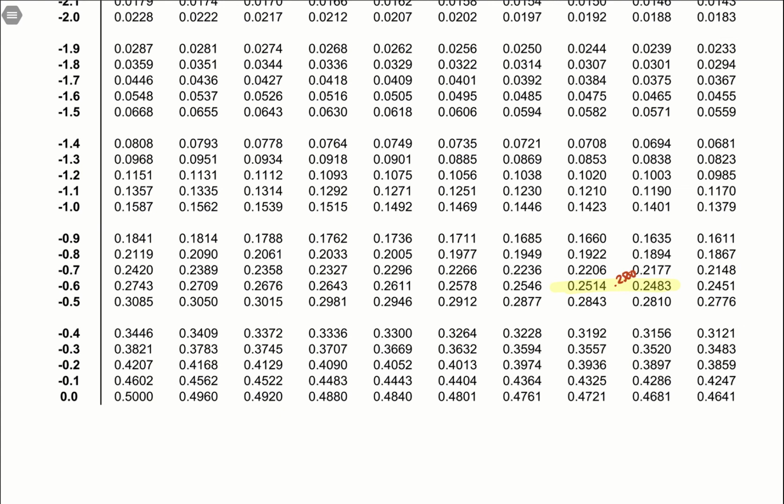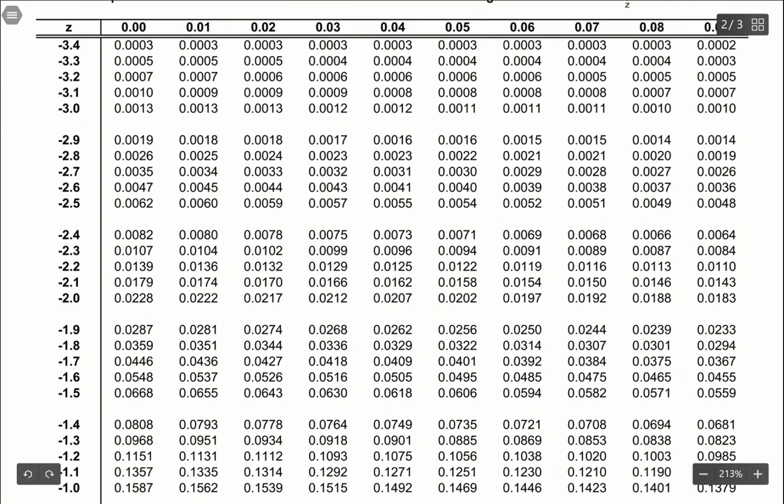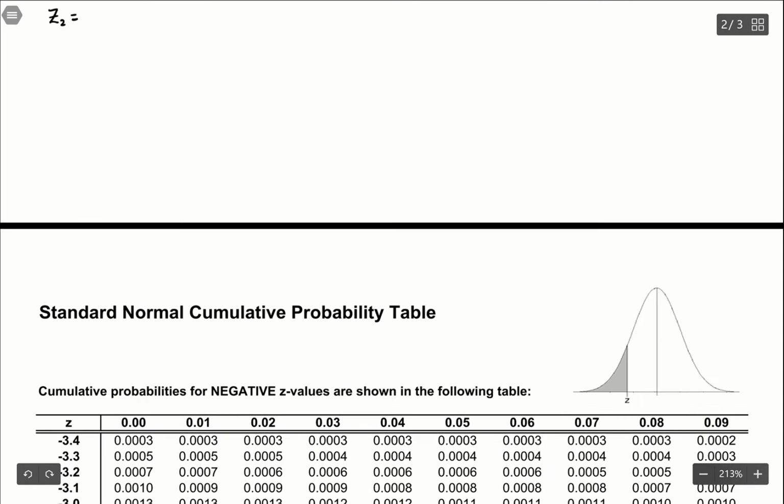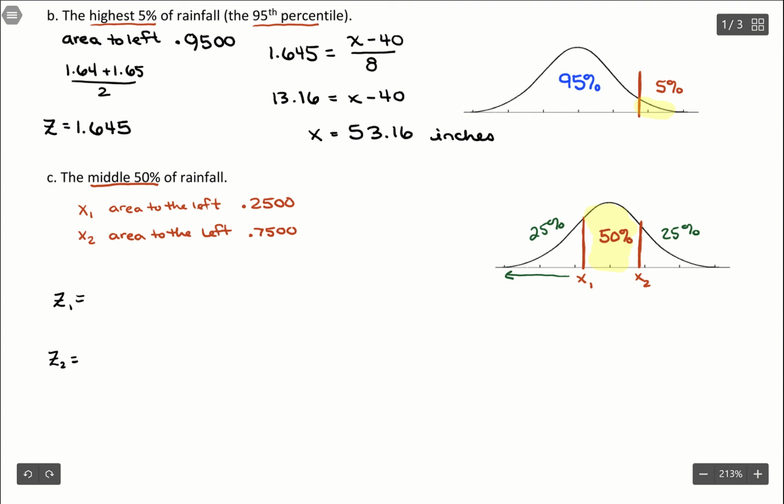And then what you could do is just use some subtraction to see which is closer. In this case, it should be the 0.2514 that is closest. So with that, we're going to be using a z-score of negative 0.6 with a second digit of 7. So that first z-score is a negative